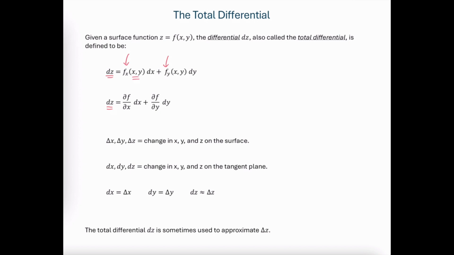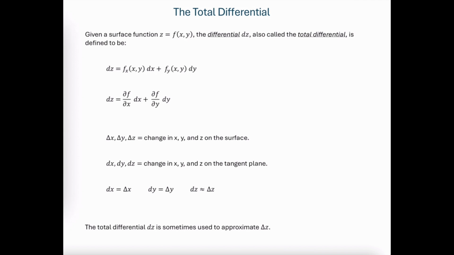These partials are calculated at an initial domain element and then multiplied by a small change in x or a small change in y. And then, of course, we have the del notation or the curly d notation that can also represent those first partials. Now in the derivation, we're going to look at a graph, and in that graph, we're going to see the values delta x, delta y, delta z, and those are going to be the changes in x, y, and z on the surface, and our dx, dy, dz values are going to be small changes in x, y, and z